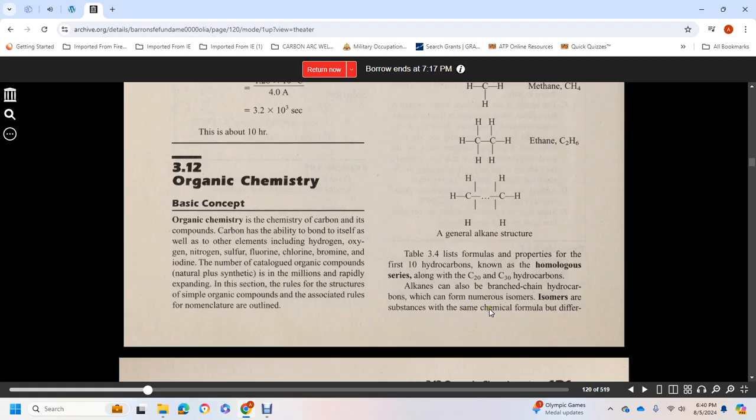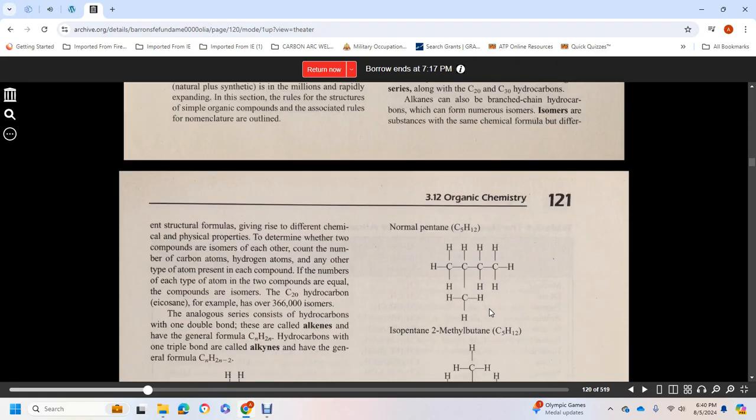Isomers are substances with the same chemical formula but different structural forms, giving rise to different chemical and physical properties. To determine whether two compounds are isomers of each other, count the number of carbon atoms, hydrogen atoms, and any other type of atom present in each compound. If the numbers of each type of atom in the two compounds are equal, the compounds are isomers. For the carbon 20 hydrocarbon,